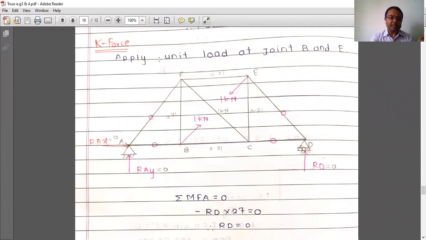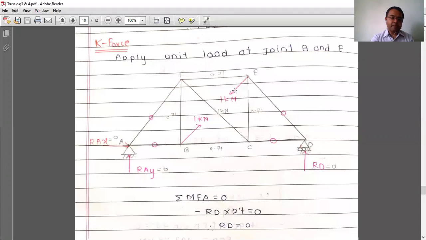And in K force analysis, first of all, we have to remove the externally applied force. So at joint F, there was the external applied force. So first of all, we have removed that force. Okay. Next, we have applied a unit tensile force in the redundant member. Okay. So this member BE is the redundant, or you treat it as an unknown member. So in this member BE, provide a unit tensile force.